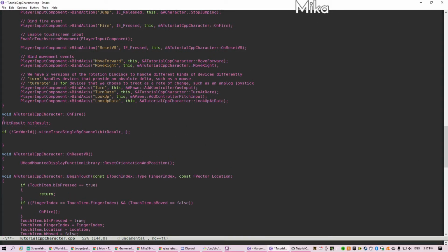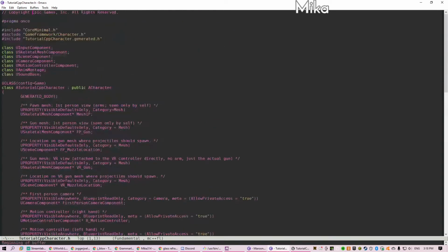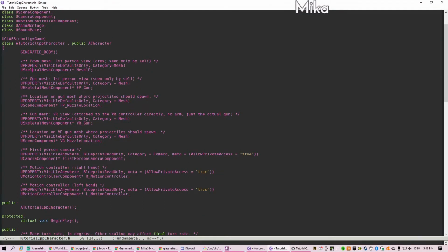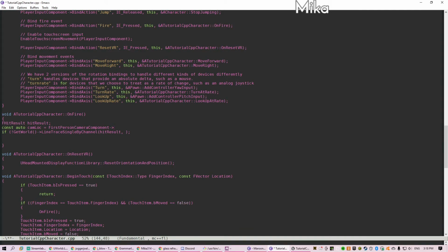So I'm going to save the camera location because I'm going to use it multiple times. CameraLocation equals the first person camera component. So it is a part of the whole templatized setup. If you look here, the list of all these things you have: mesh first person, gun, and somewhere here you have the camera, and it's here, right? So the first person camera component. And what I'm going to do is get the location from this camera. So the start point is going to be the camera location, and for the end point,